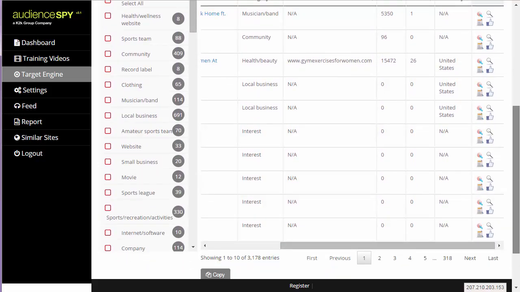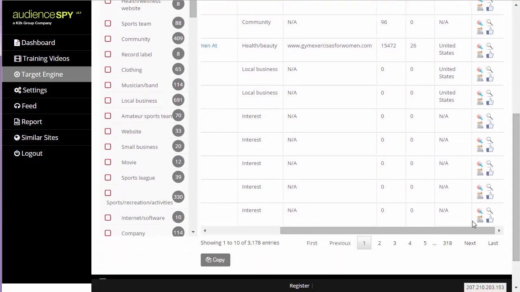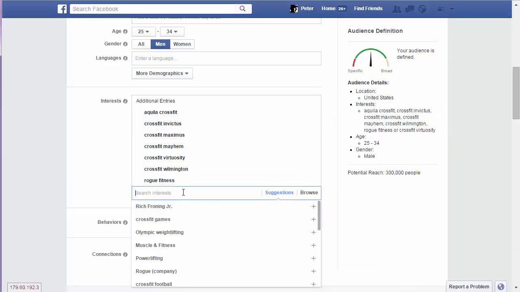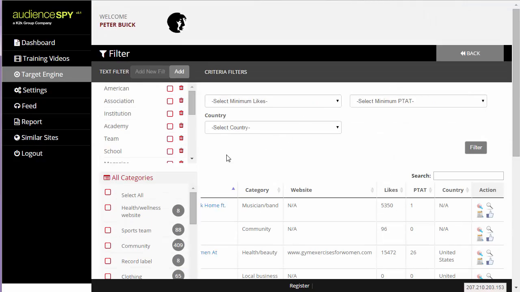I don't know where the ones had gone. Anyway, let's just put those in and see if they're going to come up. Okay, so they're not popular enough for Facebook to track on their own, but